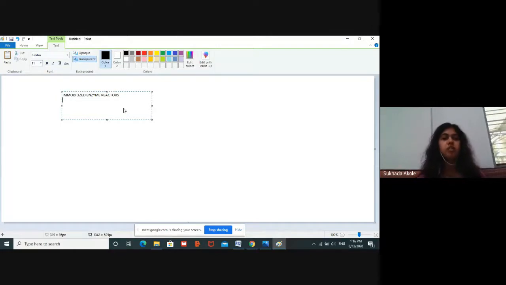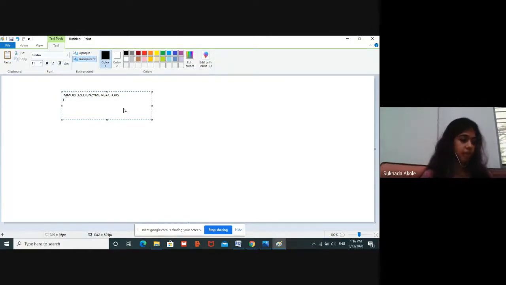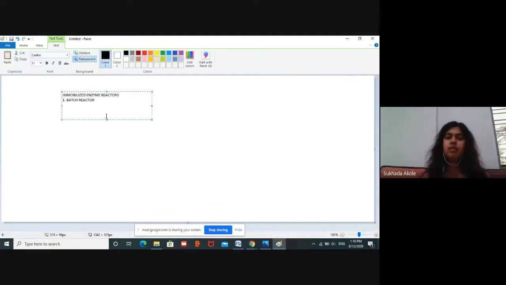Okay, so there are various different kinds of reactors. The first type is called a batch reactor. When your entire system is batch, meaning x plus y giving me z, then I wash the entire reactor and again I put up a system, say x plus y is equal to z. Now in these batch reactors, the immobilized enzymes and substrates are placed and the reaction is allowed to take place in the reactor under constant stirring.